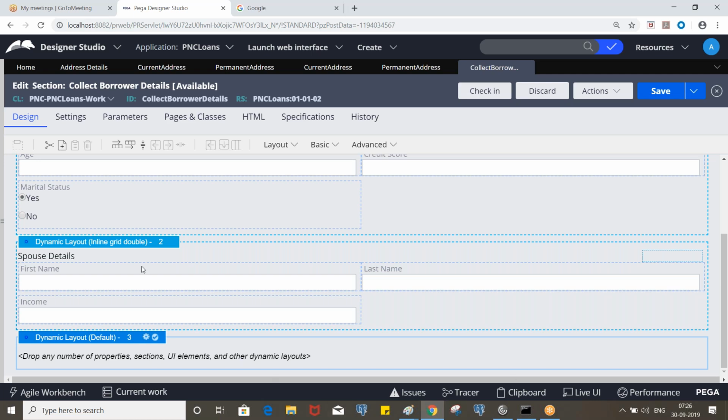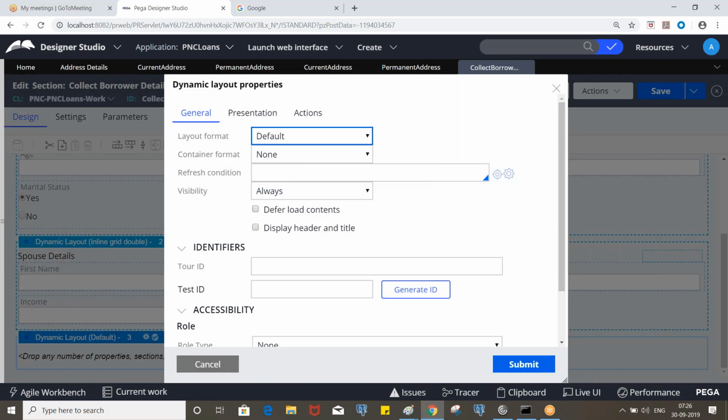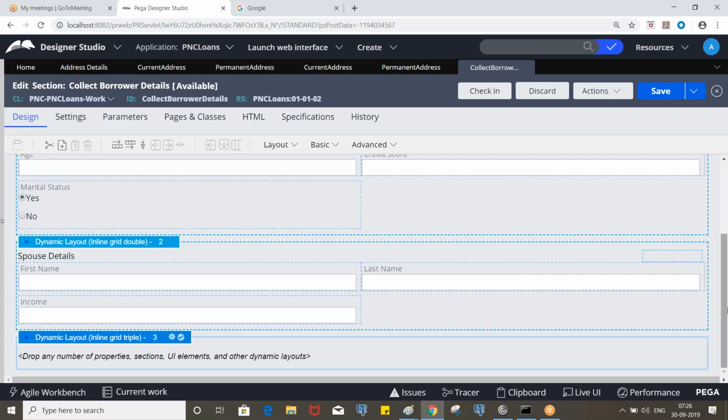Inline grid triple means in the same row you can put 3 different controls or 3 different properties or 3 different layouts. Okay, so now make it inline grid triple. So in a single row, 3 different sections or 3 different elements, we can call, right?